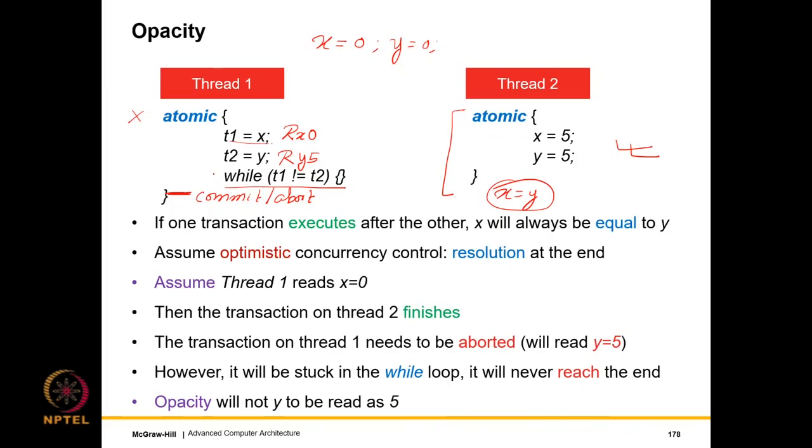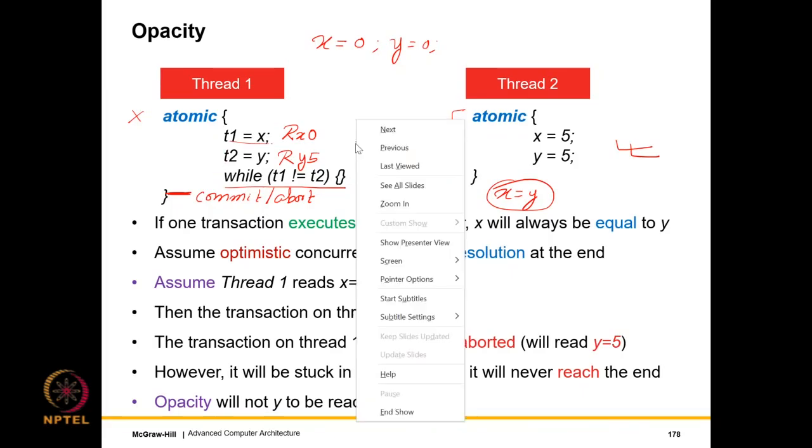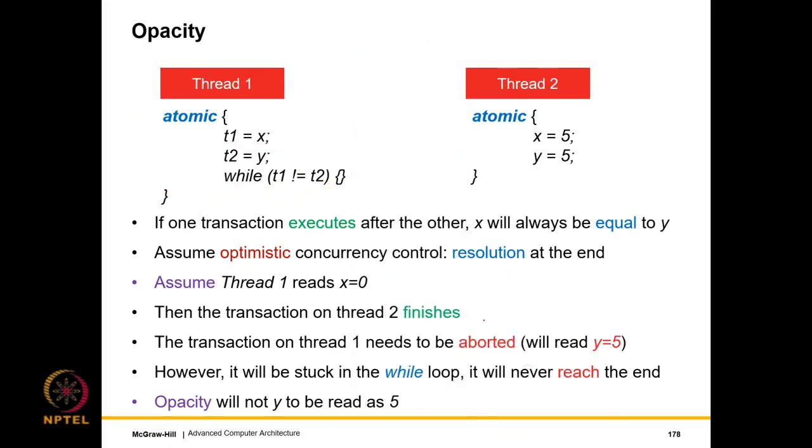So if you think about it, why did this happen? This basically happened because even though we were fully aware that this transaction is going to abort, we allowed it to read an inconsistent state. We allowed it to read Rx0 and Ry5, which can never be produced by a consistent state, which is defined as just the set of all committed transactions. That would never produce a result of this type because that will always produce a result which says x is equal to y. So in a sense, what has happened is that an aborted transaction has read an inconsistent state.